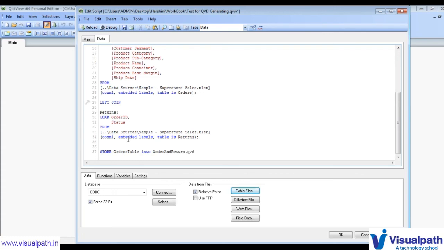The best thing is you can copy the path from here also, and here again you have to give QVD. So in the folder it will store your data. Now let me save and reload.